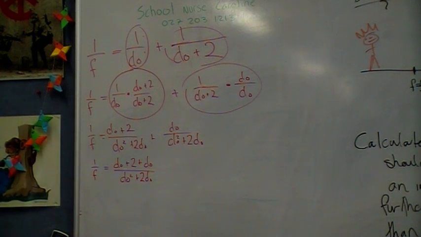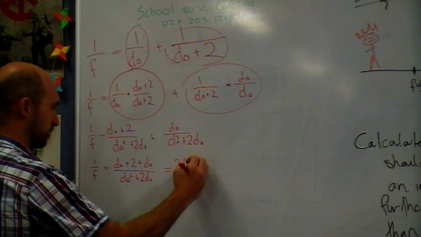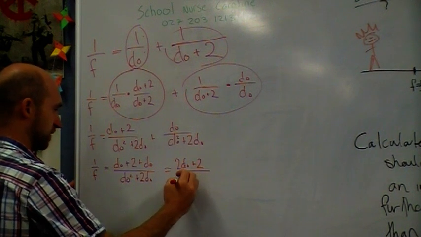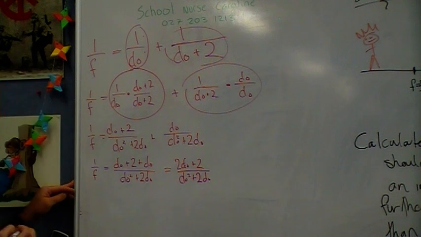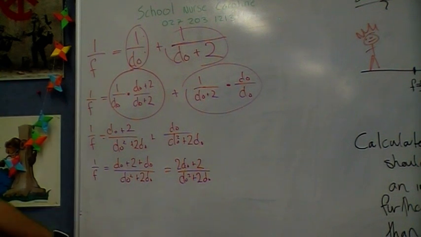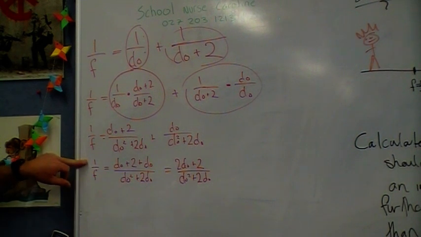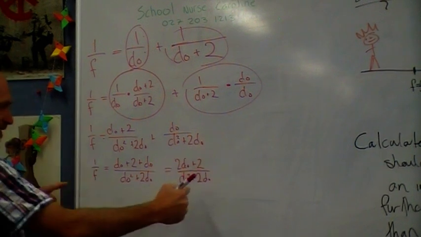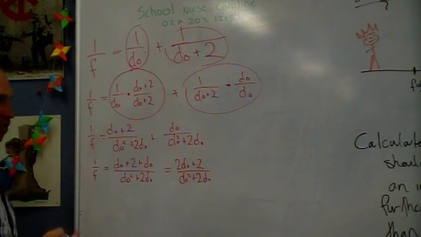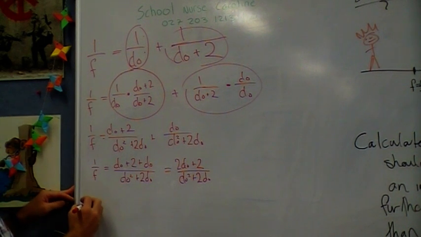That top line, what does it actually look like? 2do plus 2 equals 2do plus 2 over do squared plus 2do. And so now we are going to get this bottom part of the fraction and multiply it up to the top of the other side. And the f is going to multiply up to here. So we're going to multiply the bottoms across to get rid of any fractionality about this at all. So we're going to end up with